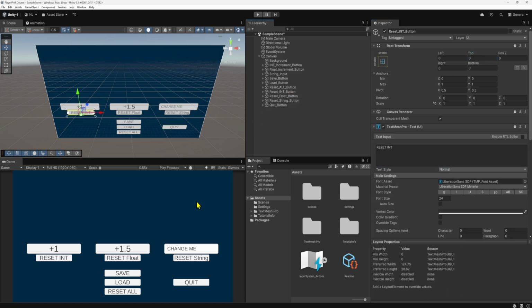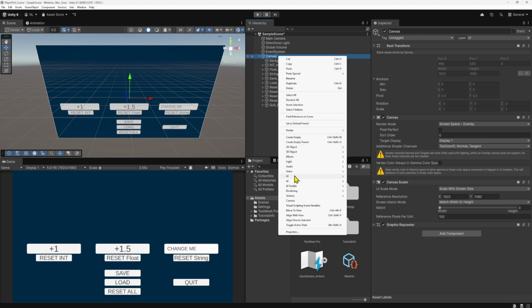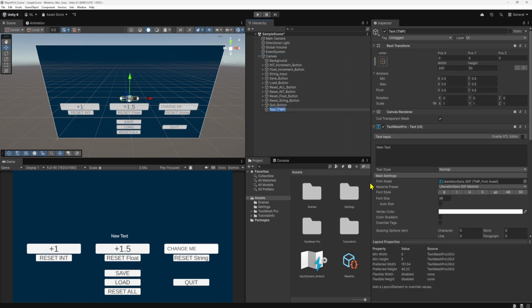The only thing left we have to make are the counters for the int, float, and the string. Those are pretty easy as well. To make those, all we got to do is just add some text elements. So go to your canvas, UI, and add some text mesh pro. And this first one's going to be, you probably guessed it, at negative 600, 100 for the Y. And let's make this text a little bit bigger. We'll put 0,